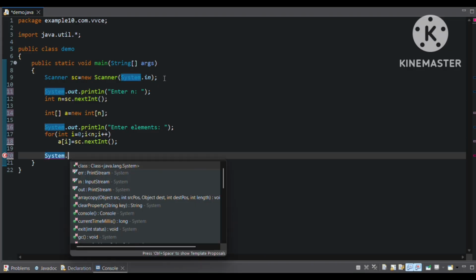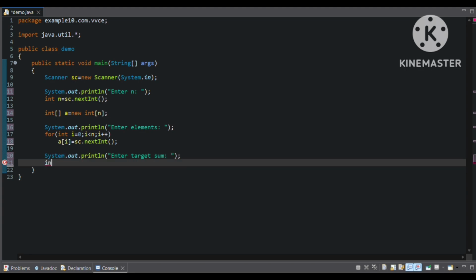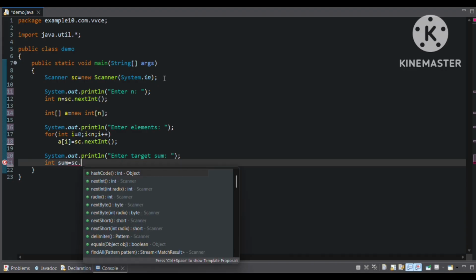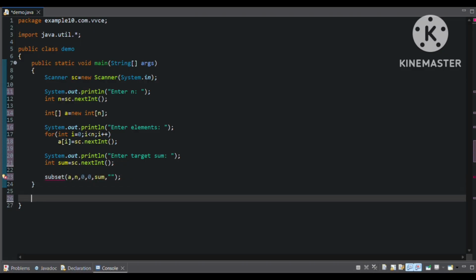Then we have to take another input, the target. We will take that as sum, and we have to send all these inputs to the subset method, which we will be defining now. That is the array, n, and I'll say what these zeros are. So we'll now write the